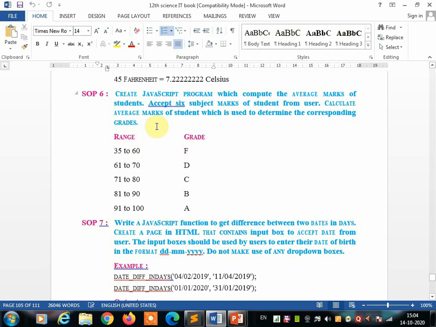So you are going to display a prompt on the screen while writing this JavaScript program. You are going to display the text box. You can create a form, or you can just ask the user to enter the mark in the displayed prompt. So you are going to display the prompt 6 times on the screen for the 6 subjects: first subject, second, third, fourth, fifth and sixth. Means 6 times the prompt should come on the screen asking to enter the first subject mark, second subject mark, third, fourth, fifth and sixth.